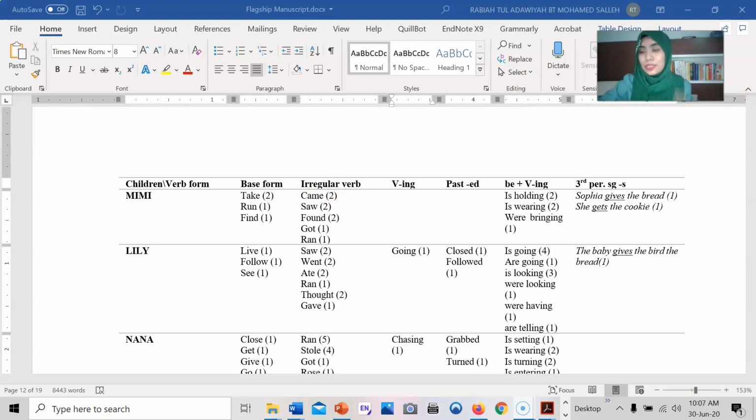So in your analysis, if you find this pattern, you can put that, but you don't have to analyze. You can just put it in one or two lines. You just say, based on the findings, the participants tend to use irregular verbs. Okay, so the past tense -ed is used in what utterances.